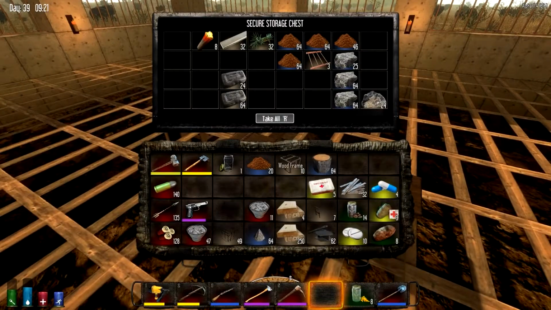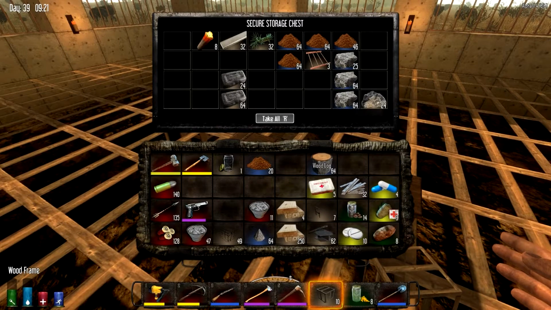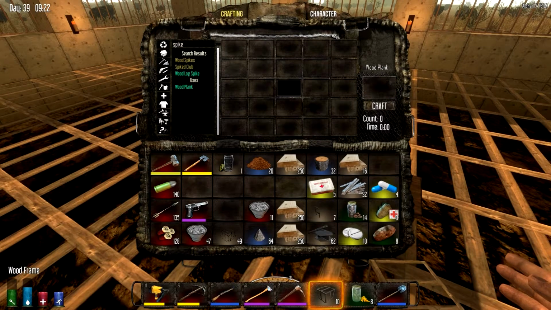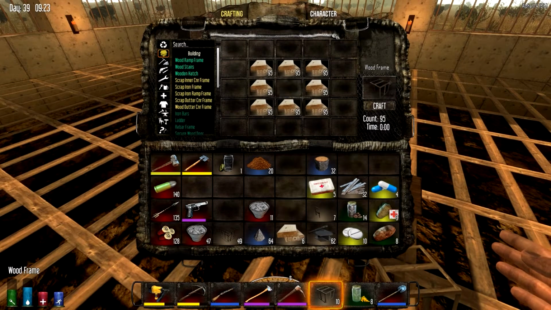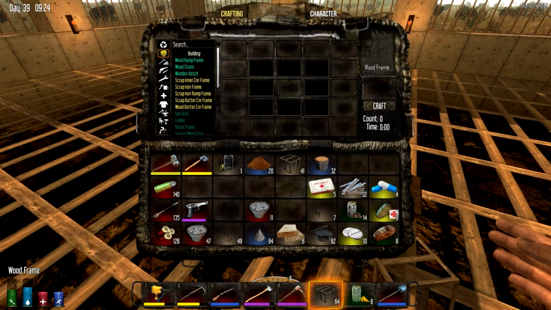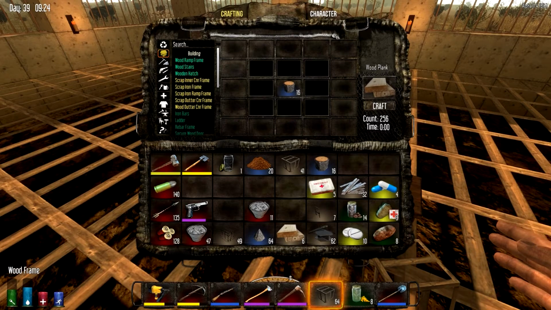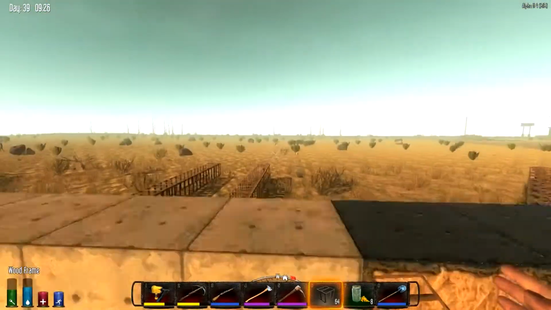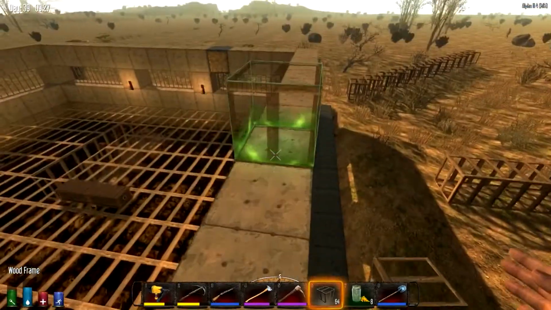Get more logs. We've got some frames left. We'll take half that. We'll make that into wood frames. I'll wait for the wood frames to make, and then we'll get more planks, and we'll carry on. So, yes,